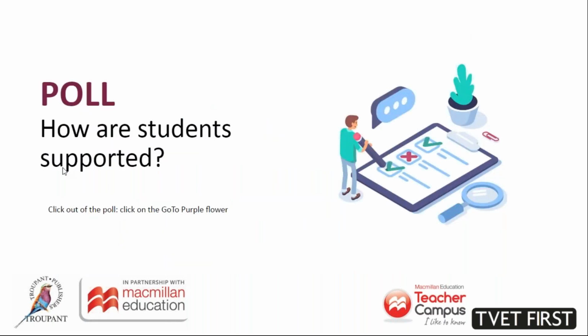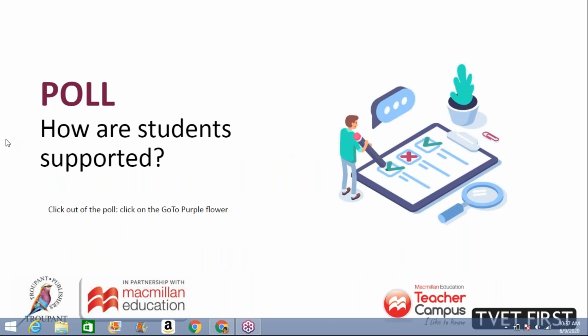I'm going to ask you a poll again, please. And in this instance, I just want to launch it. What we are going to look at is how are your students supported? Please, would you tick more than one box? You might have your students supported from a range of different points of view. Please would you select what they are? So we've got tech support, online courses, maybe you've got a phone-in center, a chat line, or maybe no support. But if you're doing more than one, please would you select that?